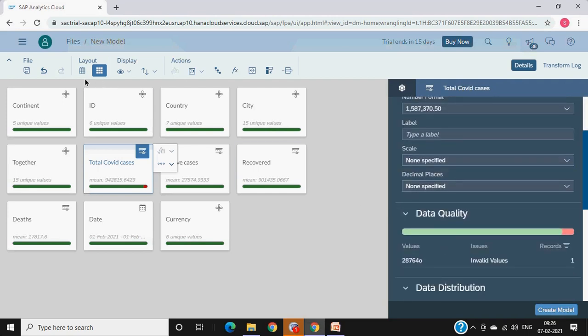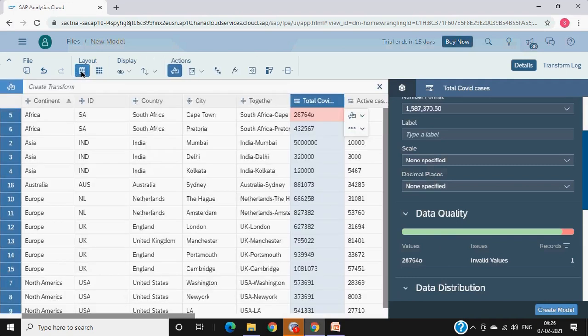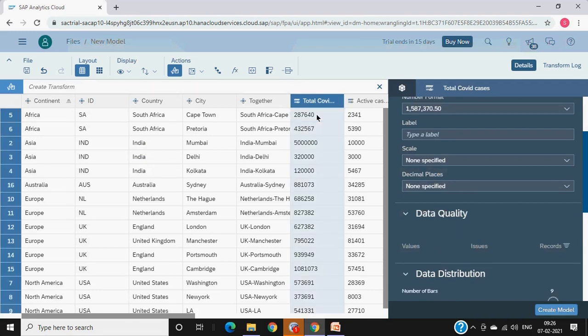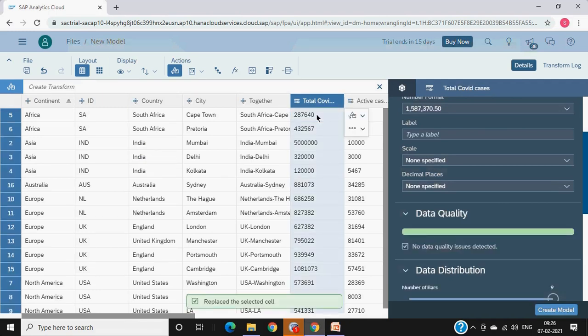And also for my measures, let me fix this. Right, so I'll go to my grid view, and it gives me a record in red. Okay, this record you are not having as a measure. If you see, instead of 0, I typed a O by mistake. So I'll click on this and delete it and put a 0 on top of it, and then hit enter. Now it is changing the data behind the scenes. Okay, now it is reading again, it replaced it,